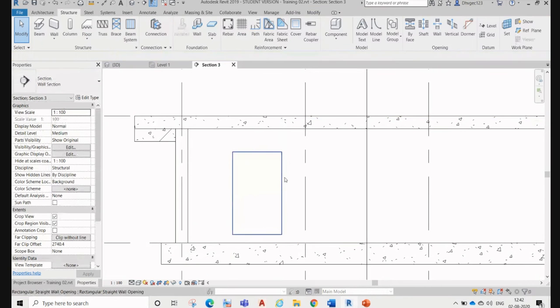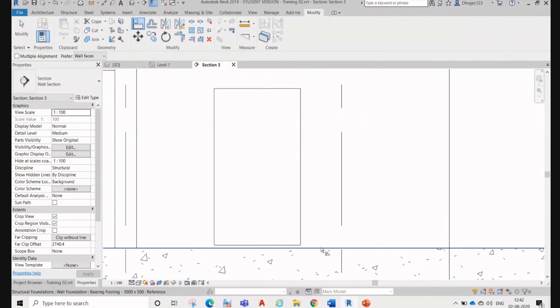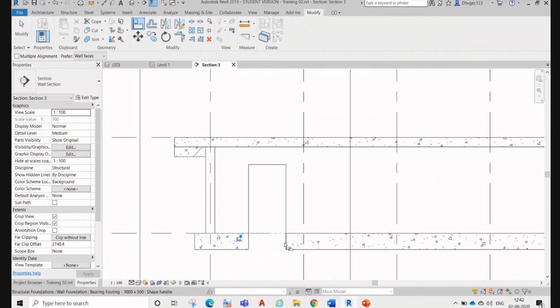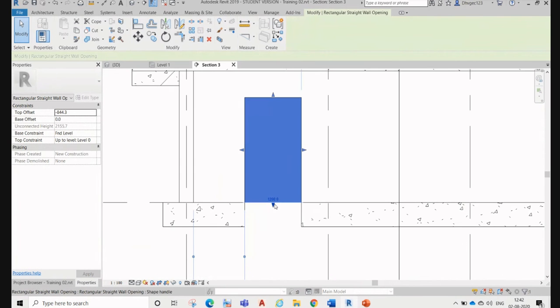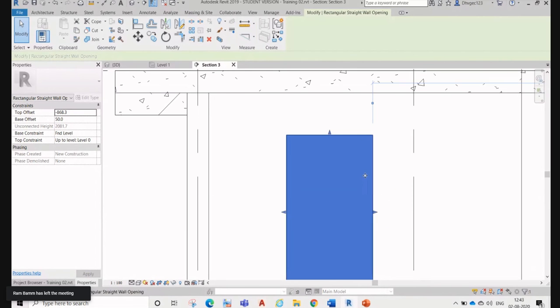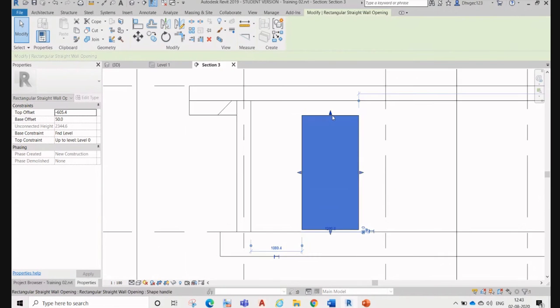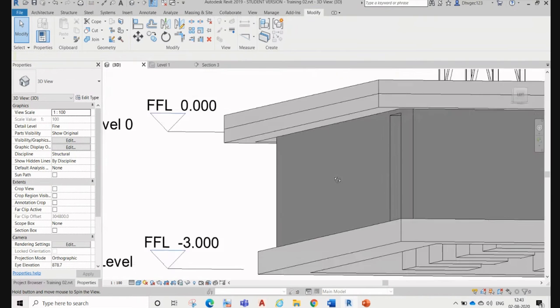Suppose we want to make it from the bottom, but not till the wall end. Why? If you stretch it till the wall end, it will cut the slab also. So we'll keep it somehow 50 mm, and the height, whatever we want, we can put like this. So you can see we have provided the wall opening.